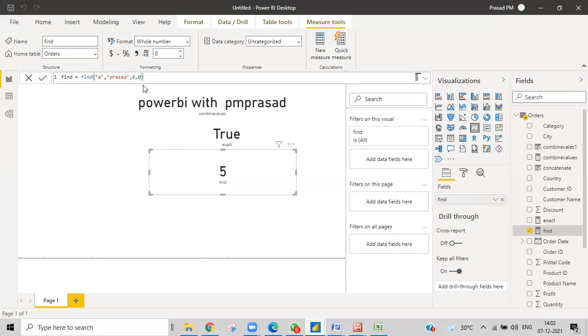So if we want some logic to find the second position, we need to give at least the next character, the next number, or the next position after the first occurrence. Then only it will give the second position. If you give the same position as the first occurrence, it will take the same position only. We need to give the next position of that particular first occurrence, then only we'll get that second character.